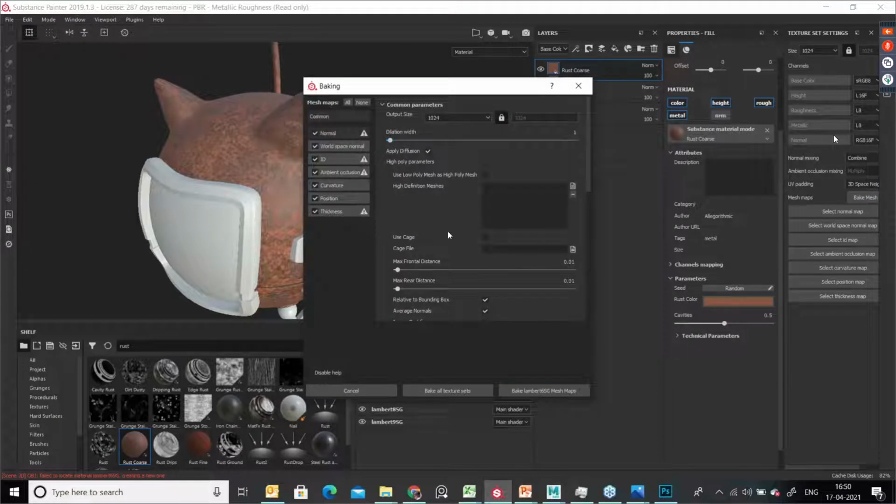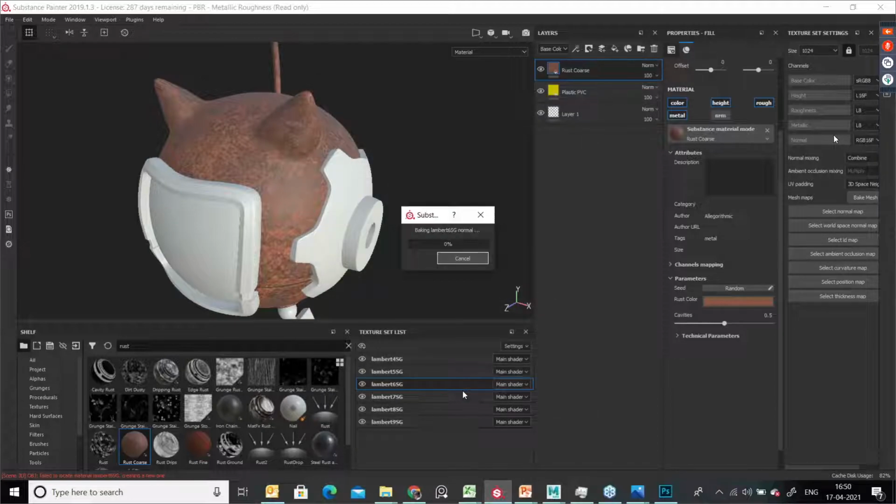So go to bake maps, switch off this ID, use low poly mesh as high poly mesh, and click on bake all texture sets. It's going on. So once it's done, then it will be easy for us to go for the generator.